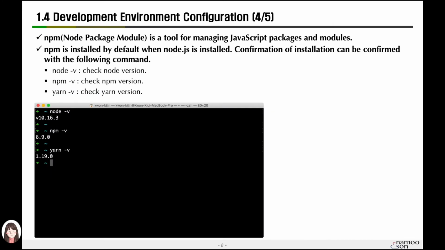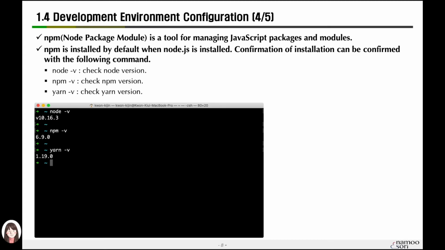If you install Node.js, you can use the Node package manager called npm included in Node.js. JavaScript libraries such as React, Vue, and Angular essentially require npm. npm is a CLI, a command line interface, a text terminal tool.